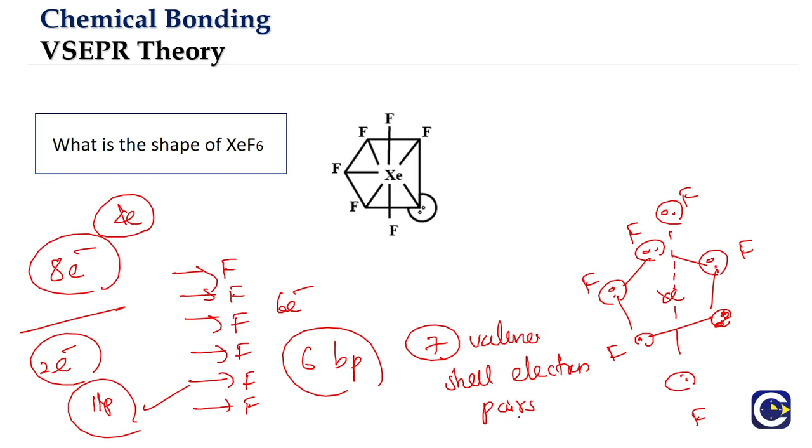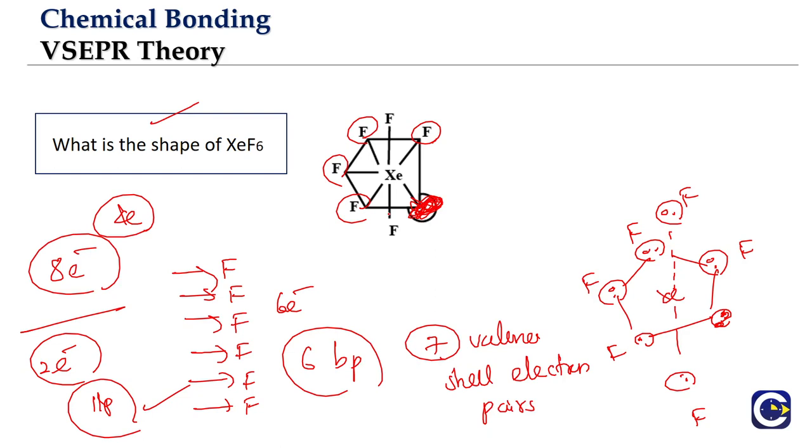I'm talking about the arrangement, but they are asking us what shape. Now when it comes to shape, you will not be able to see this lone pair that is in the plane. You will not be able to see it, right? Now what will you be able to see? You will see that you have xenon, 4 fluorines in the plane, 1 above, 1 below. Think about it. Have you heard about this somewhere else? 4 atoms in the plane, 1 above and 1 below. This is octahedral, right? But what is the difference here?